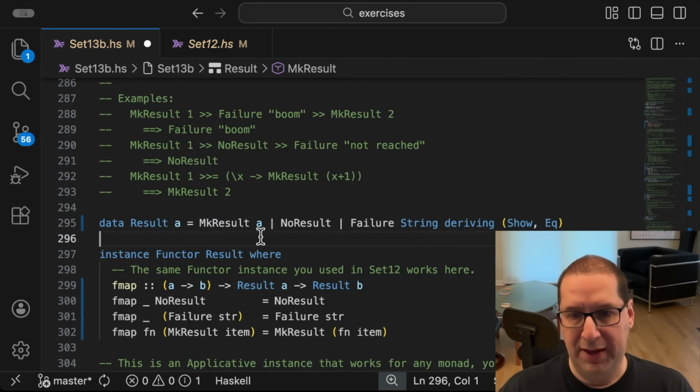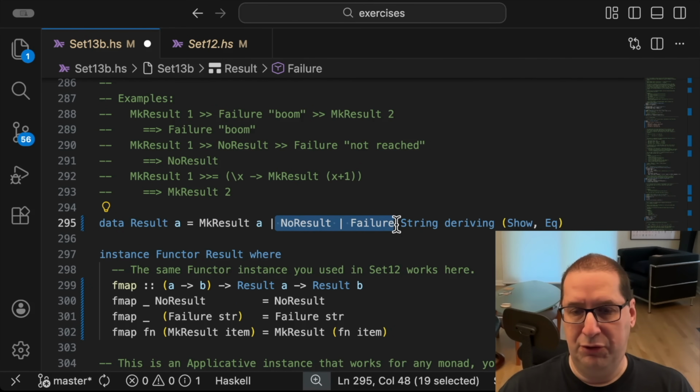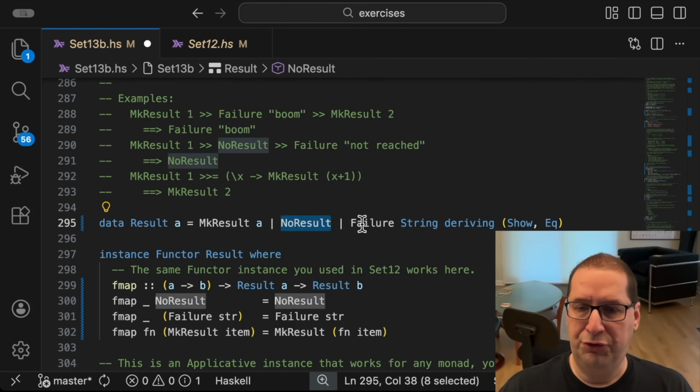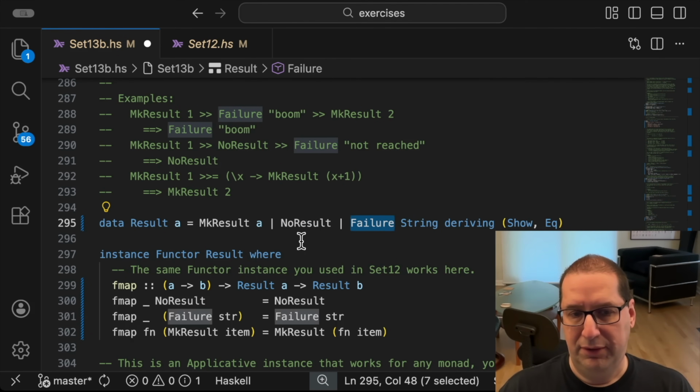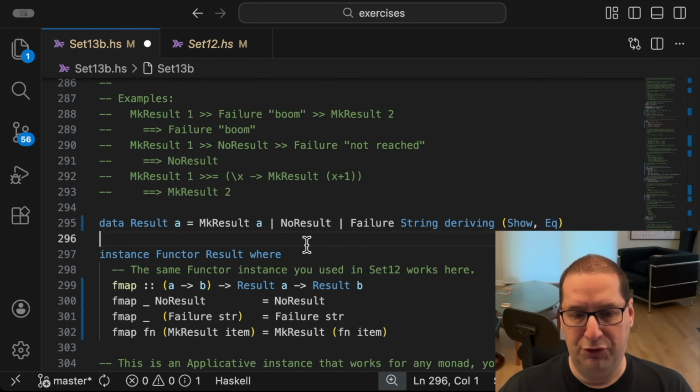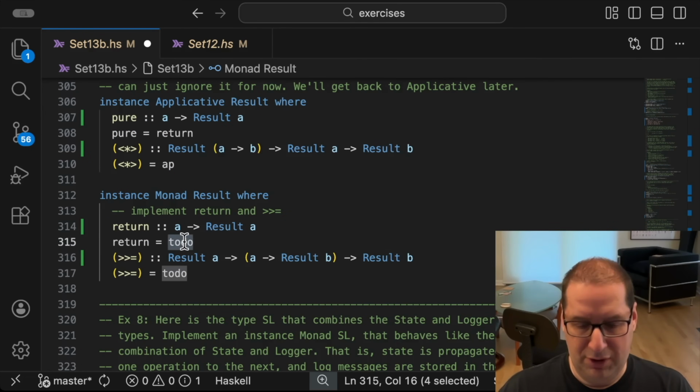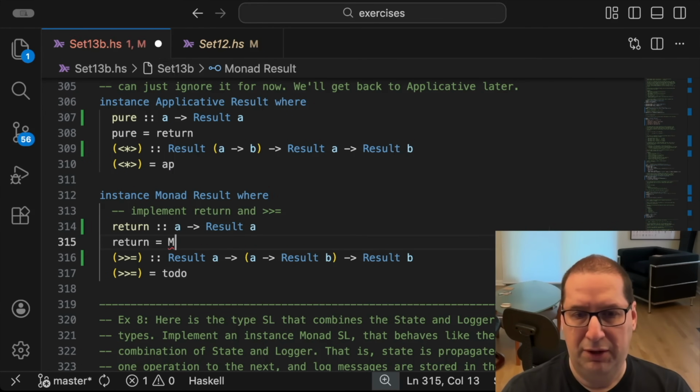The reason for that is, I don't think there's a way, well, no, it's got to be. Could you take a no result or a failure and lift that into the result monad? I don't think you can, because there is no A in that situation. If there's an A, it has to be make result. I think this is as simple as